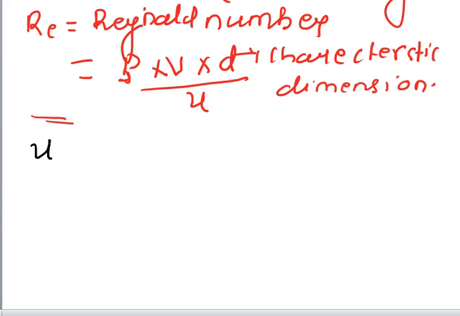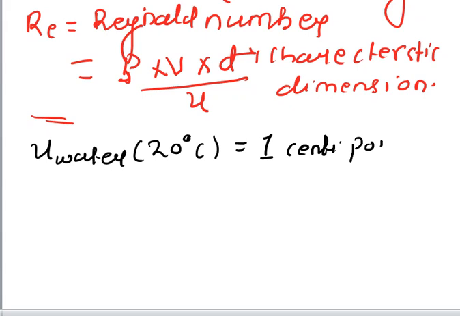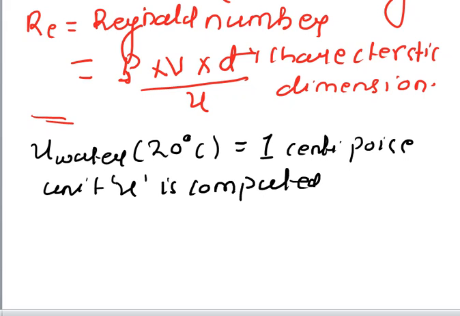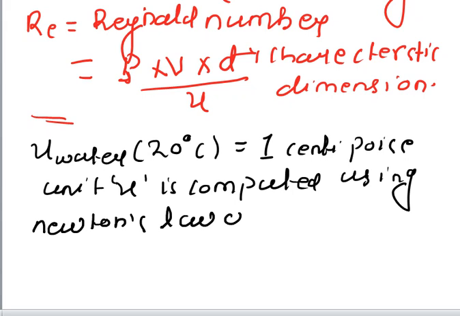Make a note that nu for water at 20 degrees centigrade is equal to 1 centipoise. What is poise? The unit of nu is computed using Newton's law of viscosity,